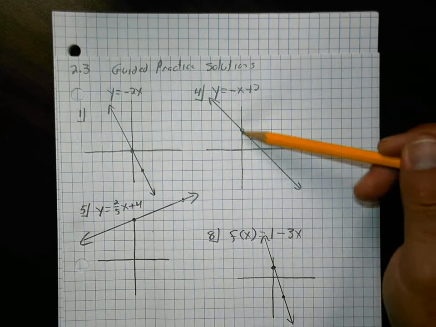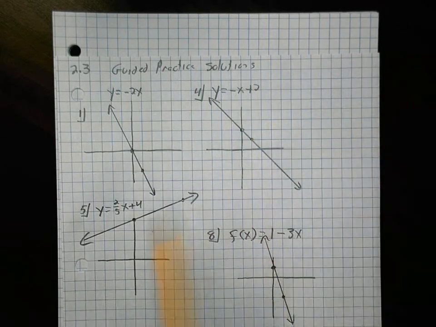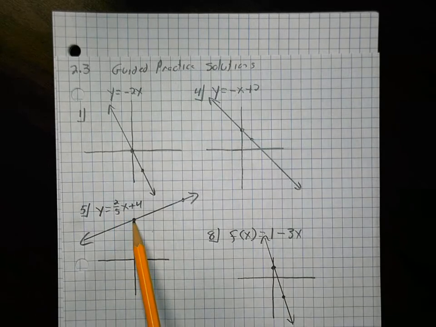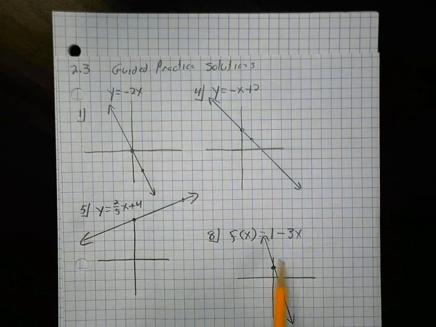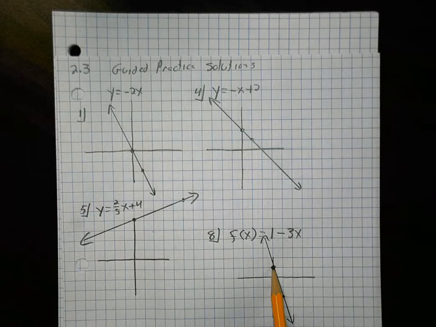Slope of negative 1, so down 1 over 1. 2/5 x plus 4, y-intercept of 4, up 2 over 5. And then 1 minus 3x. In this case, the y-intercept is the 1, the slope is negative 3. So here's the y-intercept, slope is negative 3, so I went down 3 over 1. Okay, so that is